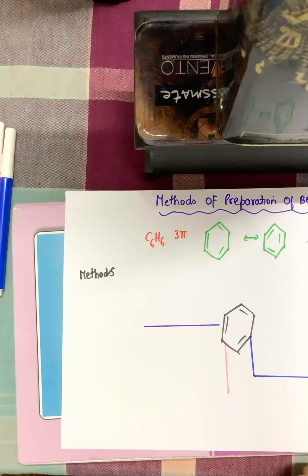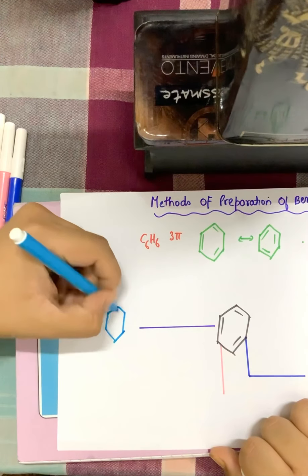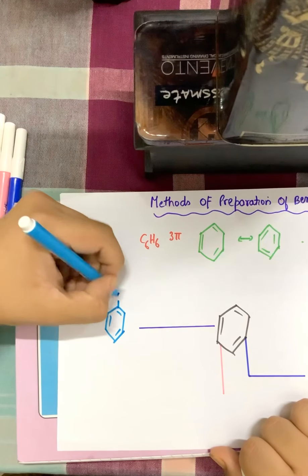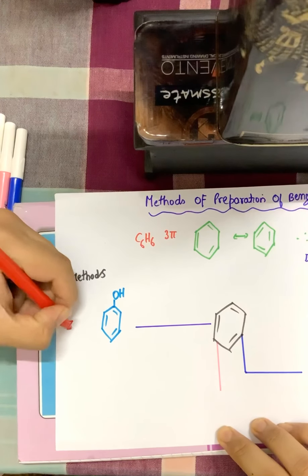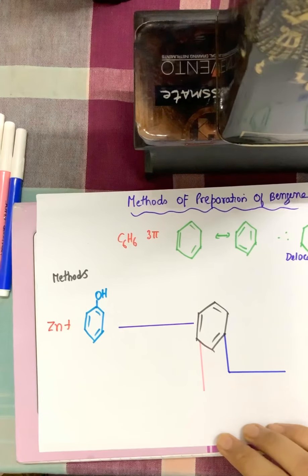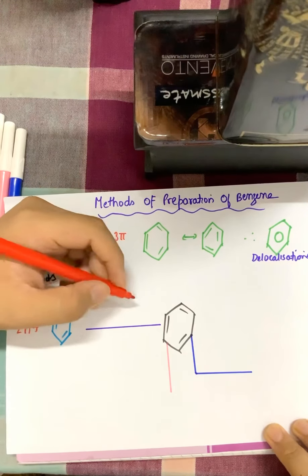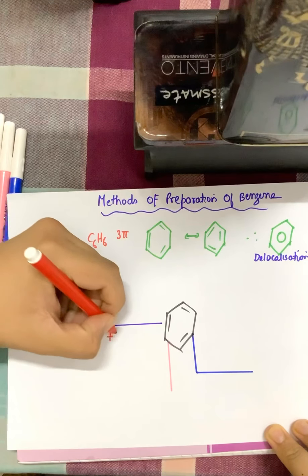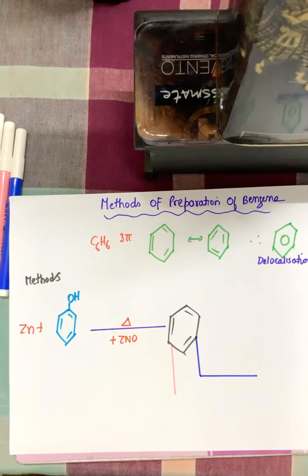Now when I talk about phenol, phenol means it is benzene which is having an alcohol group, which is OH group at carbon number 1. So this becomes phenol. Now when I react this phenol with zinc dust, okay, remember this word, it is zinc dust. Okay, so zinc dust and phenol, when I react, this forms the benzene, plus with the evolution of the byproduct of zinc oxide. This is happening in heat in order to increase the rate of the reaction.